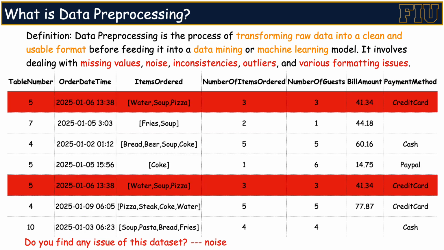Additionally, this dataset contains a duplicate data point. We can see that 2 data points have identical values for every feature. Notably, certain information that realistically shouldn't repeat, such as the same table at the same time, appears duplicated. This suggests that it's a duplicate entry. In such cases, we should remove one of the duplicates. Otherwise, this data point will influence the learning task twice compared to others, potentially causing the model to become